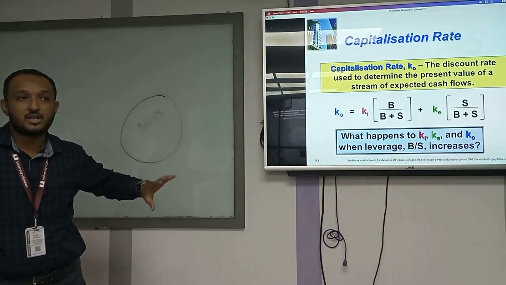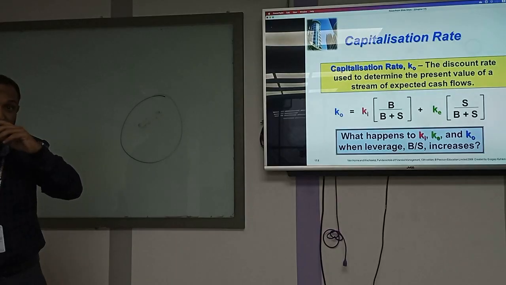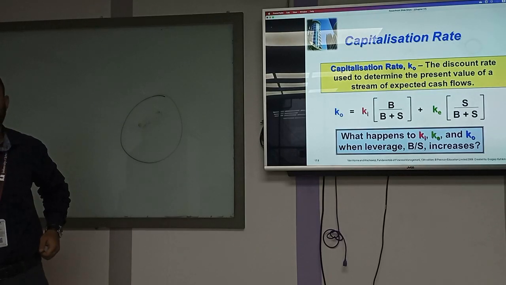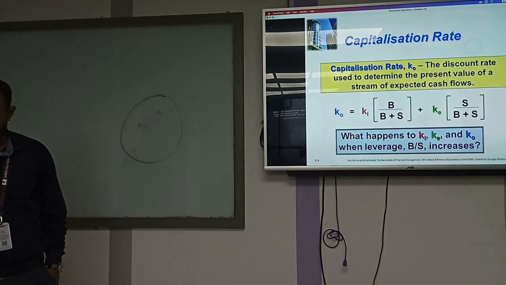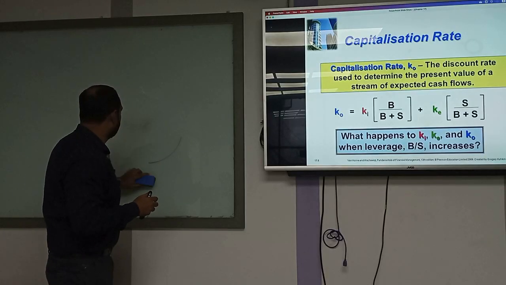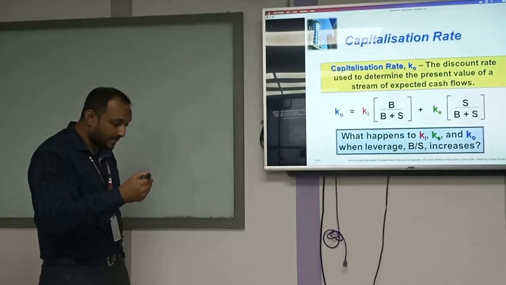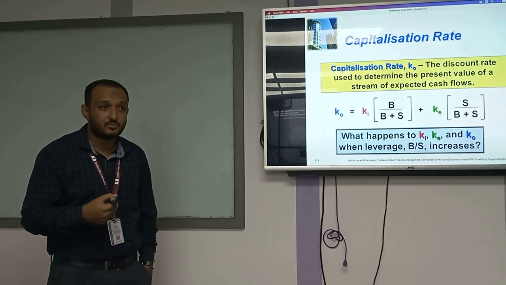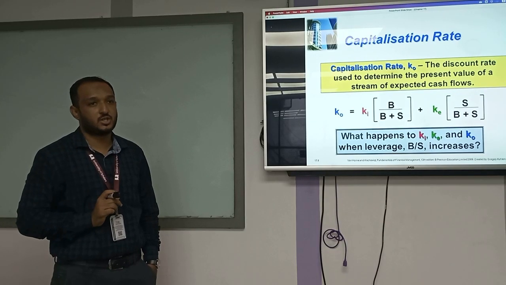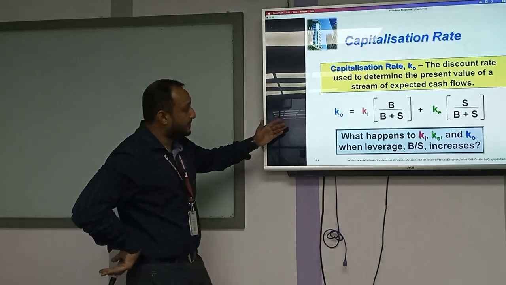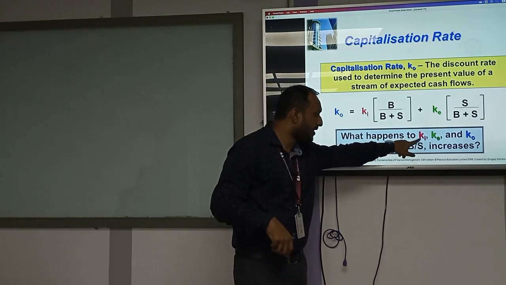So this utilization of bonds in the total firm is called leverage: levered company and unlevered company. Whenever you are including debt securities in your company's capital structure, that is called leverage. A company with no debt is called an unlevered company. So when I include debt in my financial or capital structure, it will be called a levered company, and that situation is called leverage. Clear? So when the company includes debt in its capital structure, what will happen to KI, KE and KO?